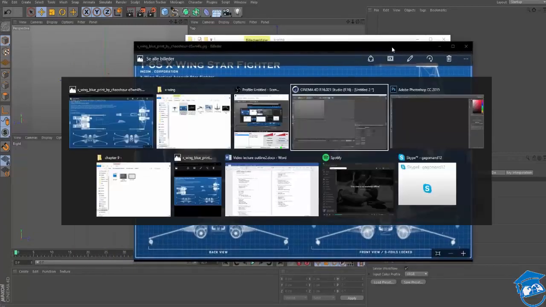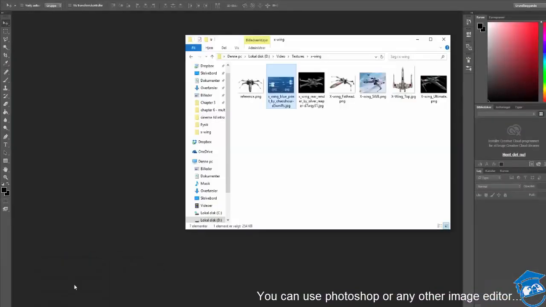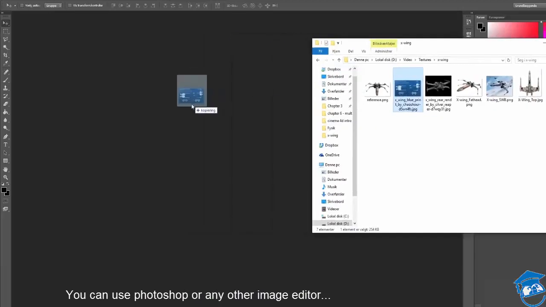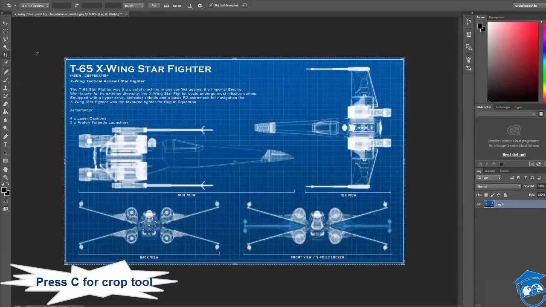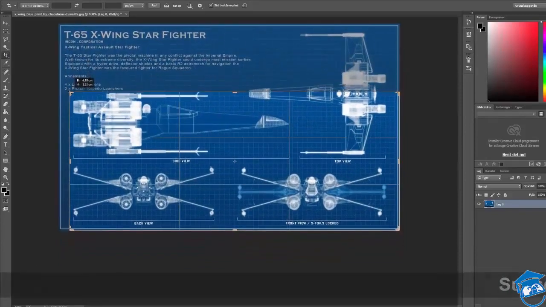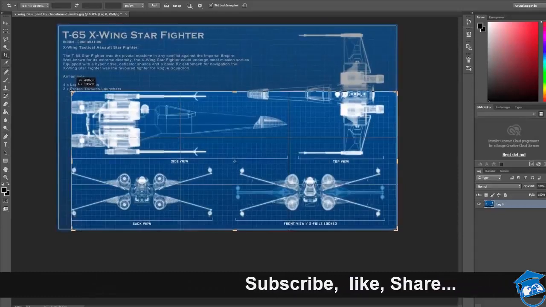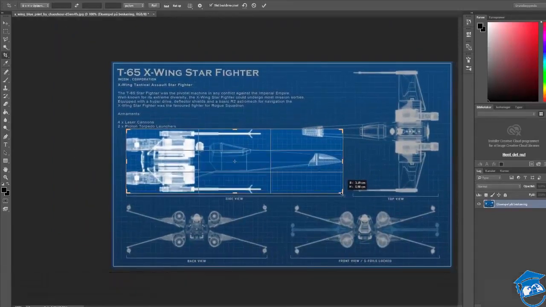In order to do that, I'll need to use Photoshop. I'm sure you can do this using other image processing programs. So with this layer in Photoshop, I'll press C to get the crop tool, and I need the first crop tool right here, and then I'll basically pull this in so that it fits around